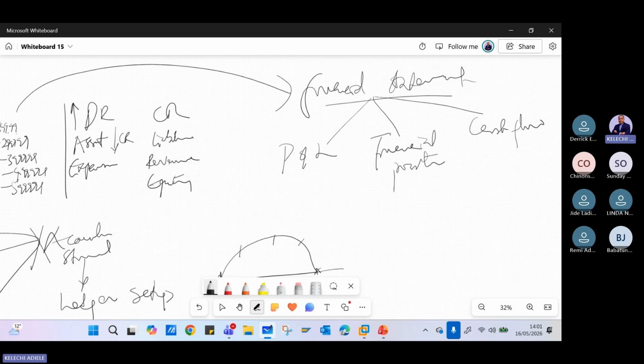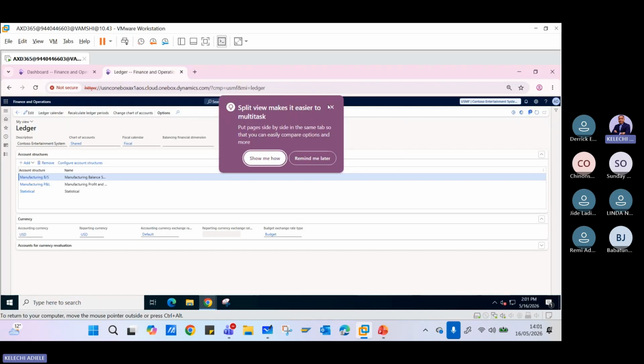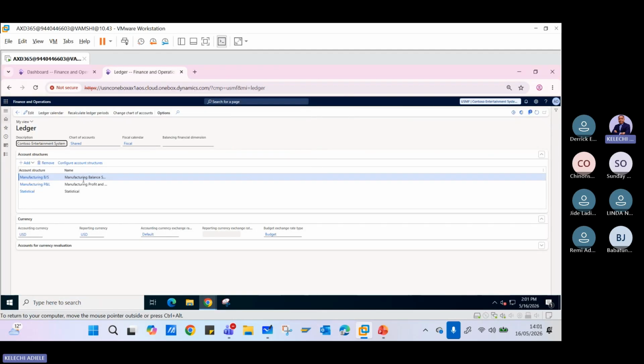Others can follow as per management record, or we use electronic reporting to be able to design some localized reports that the business would need. But this is just the foundation. So that's what forms our accounting structure. And this has already been defined in the system. We can create ours, we can add structures that create our own accounting structure, and I'll show you that. But we'll be using one that has been defined by the system. So if we go back